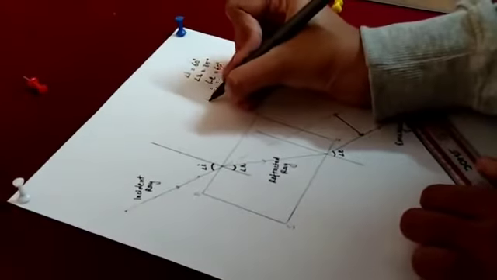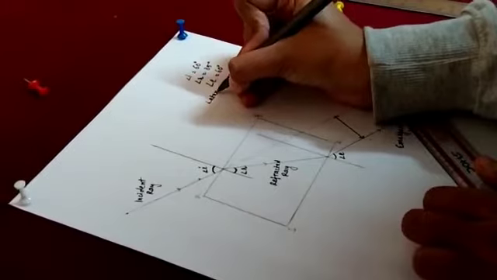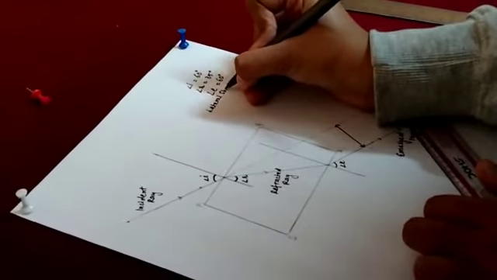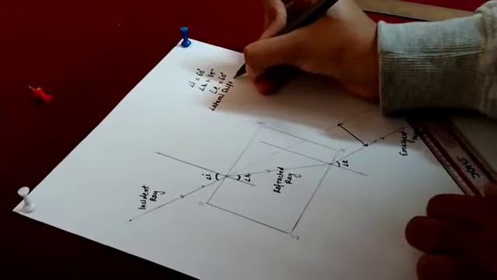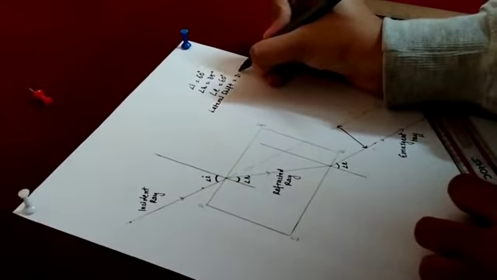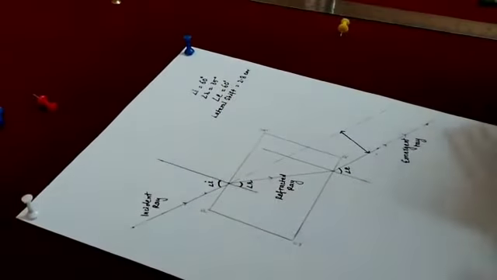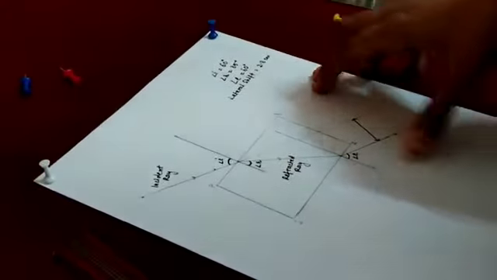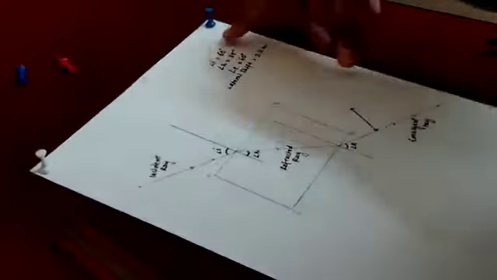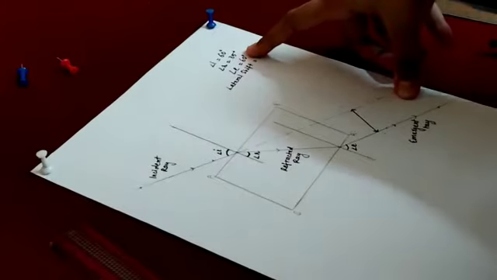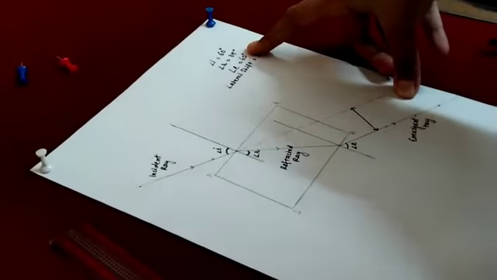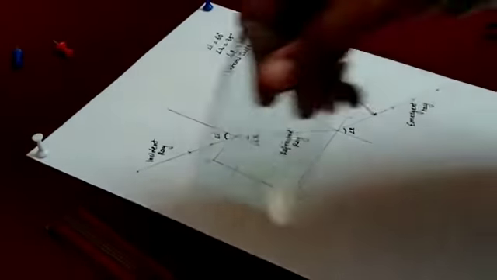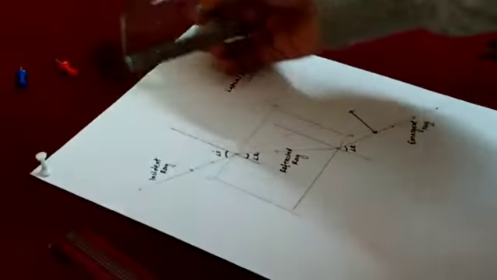Okay, so lateral shift or lateral displacement is 2.8 centimeters. So the first step is done. We have found the lateral shift and found that angle of incidence is equal to the angle of emergence. Now let us move to the second task. We have to find the refractive index of this rectangular glass slab.